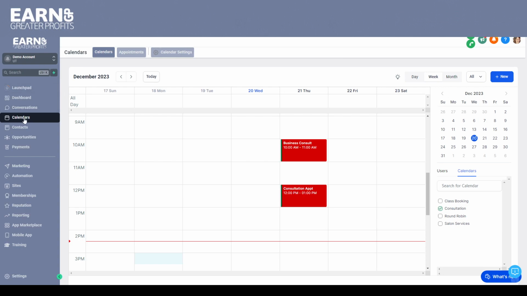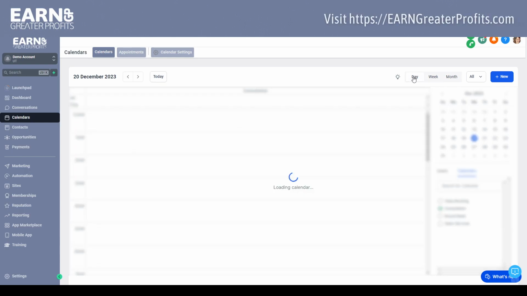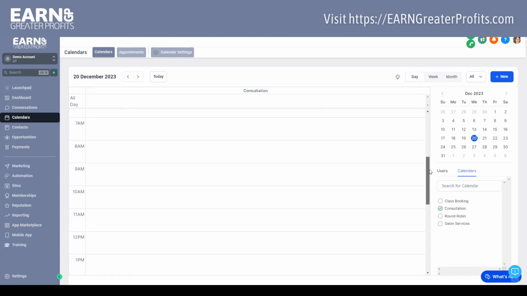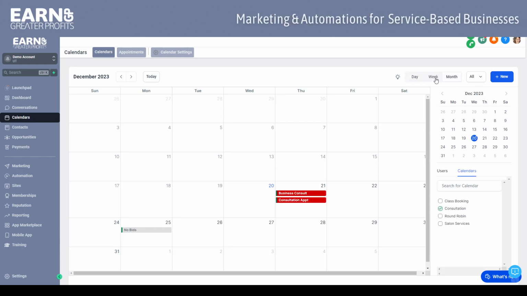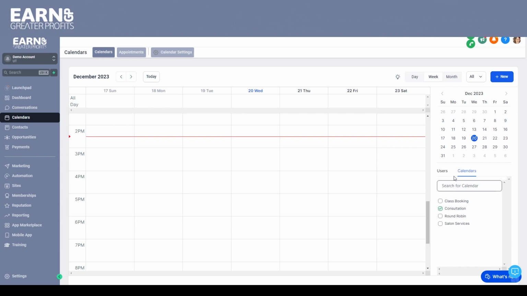And I am just under calendars here, and you can see that we've got up this month's calendar. You can see we've got a couple of appointments set. You can do the calendar by day, week, or month. You can also check out the calendar based on the type of calendar you want to look at or the users. And so I've got my demo person here,